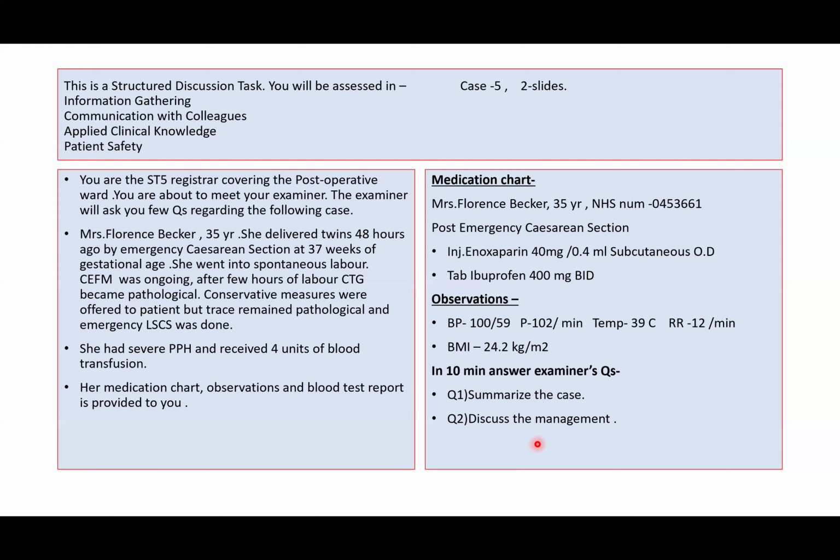Also, we need to give her IV hydration because she's in sepsis, and we will maintain her IO chart, as well as strictly monitor her vitals, and also we will start her on broad-spectrum antibiotics, and also we will assess her for VTE, and accordingly we will decide on the thromboprophylaxis, and